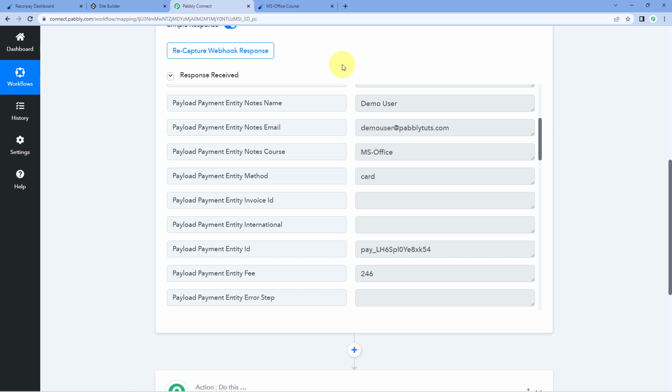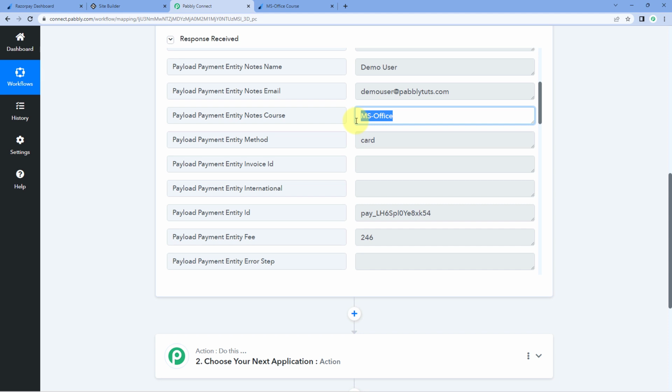Now after this, what we have to do, as I told you, by adding the webhook URL, every time we receive a new payment on any of our payment pages in Razorpay, Razorpay is going to send us the details. But we only want to enroll customers who made the payment for this particular course. So what we are going to do is add a filter condition in this automation workflow in the next step. And we are going to select this response over here in the filter, like the customer who made the payment only for this course will be enrolled in the course in